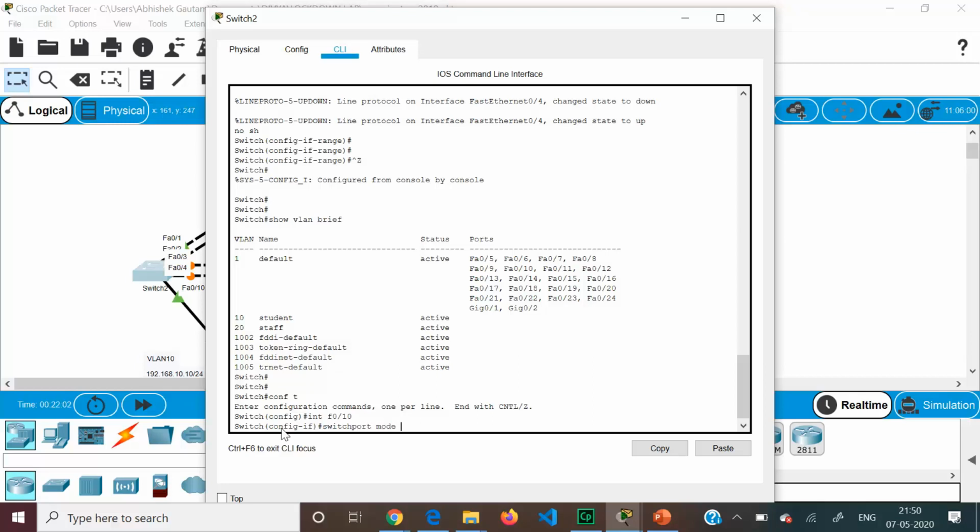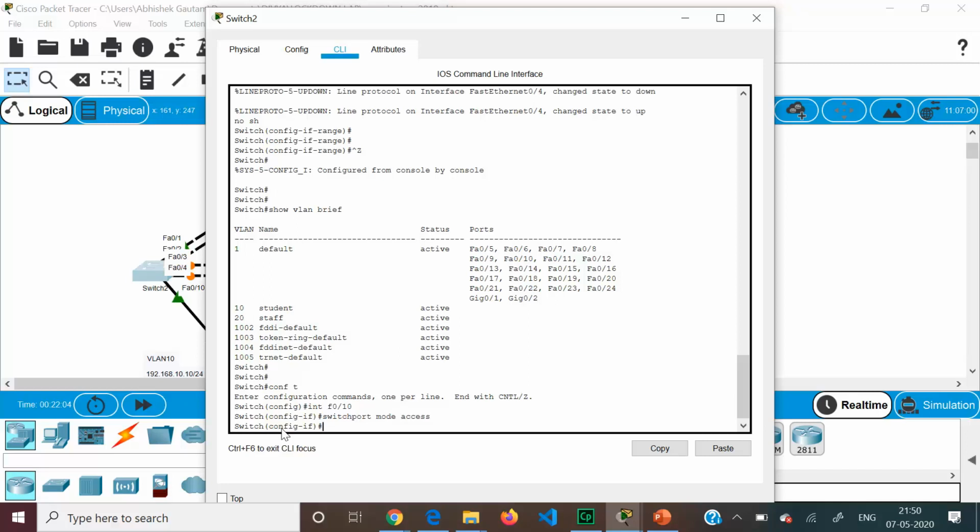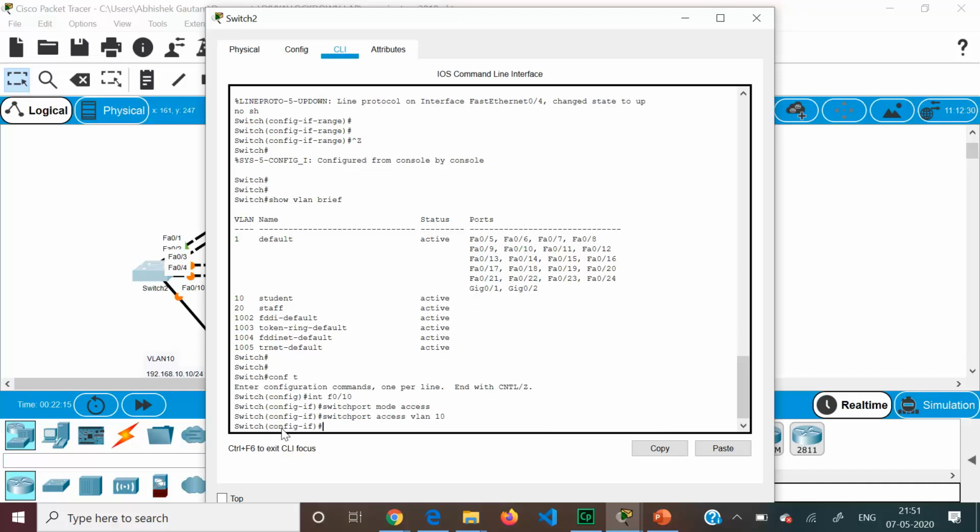So, in the global configuration mode: switchport mode access, and then we have to assign this particular port to VLAN 10. Switchport access vlan 10. Okay, and no shutdown.